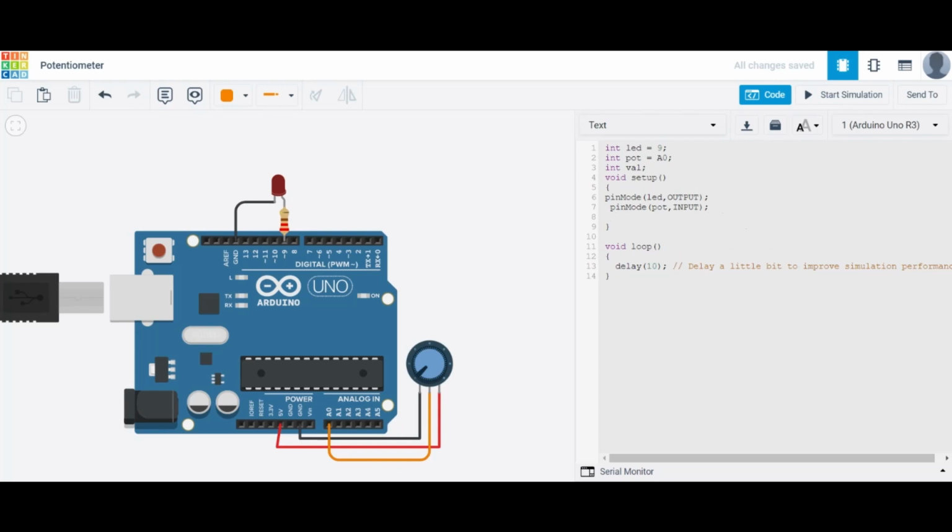Here we'll set up a serial monitor also to see the changes in the value. 9600 will be the standard baud rate. Here we need to delete this code. Yep, and then here first val is equal to